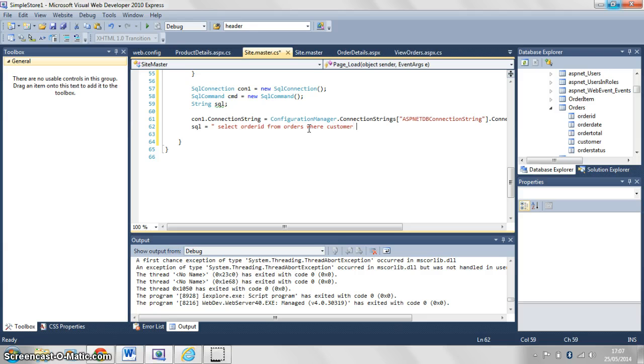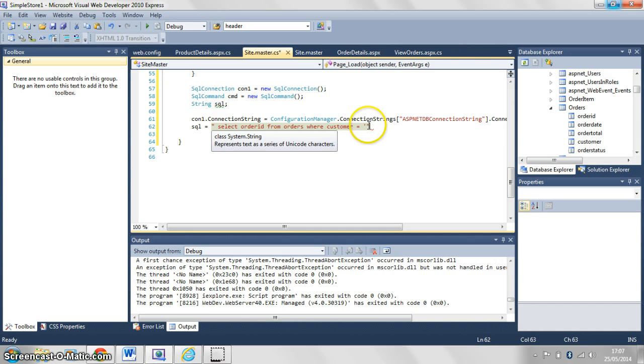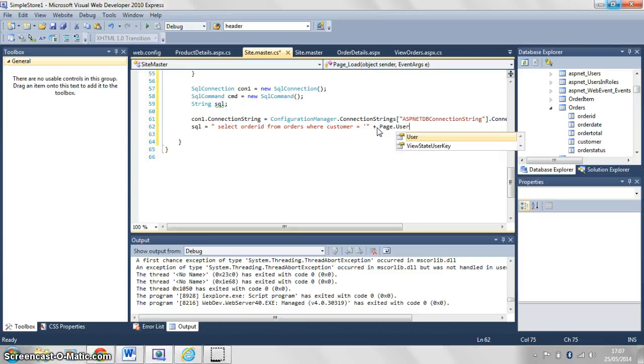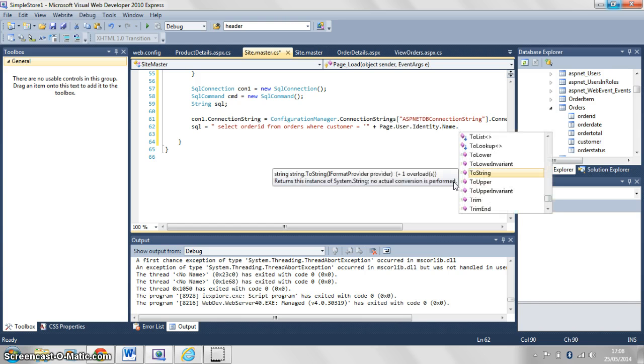customer is equal to. Now we need to put in single quotes here so that when we build up our string, the value we're passing through is surrounded by single quotes. So single quote and then your double quote. And then we're going to pass through the current username. So we can do this by Page.User.Identity.Name.ToString,